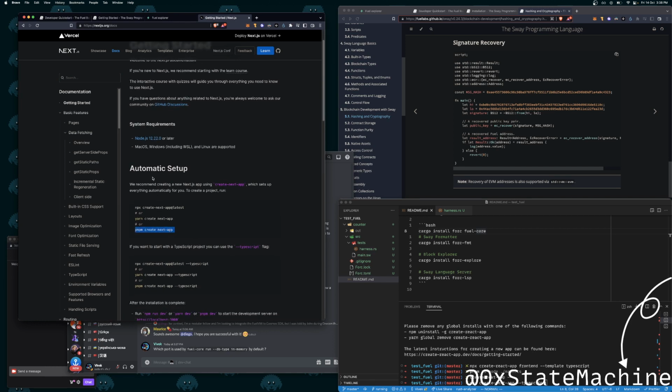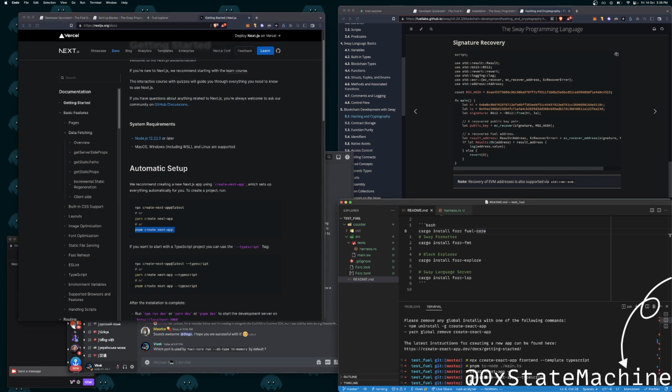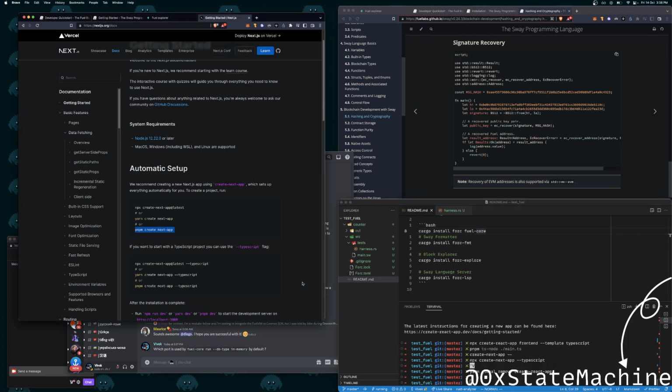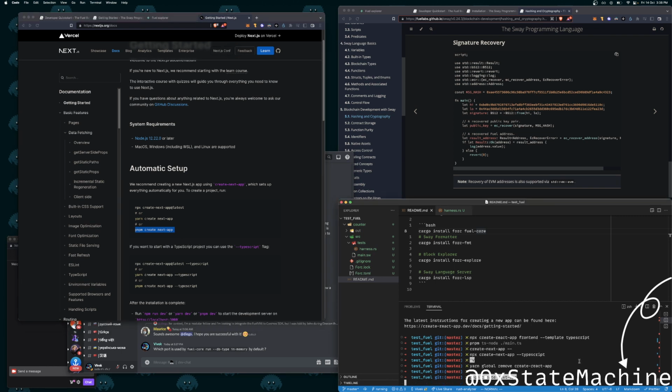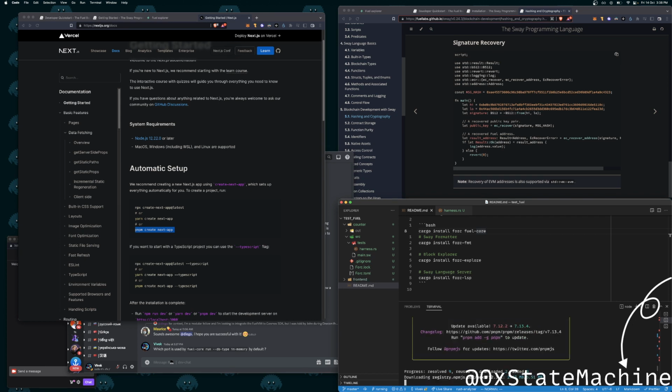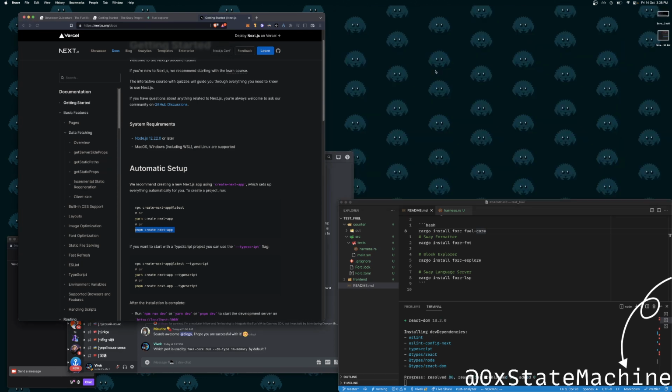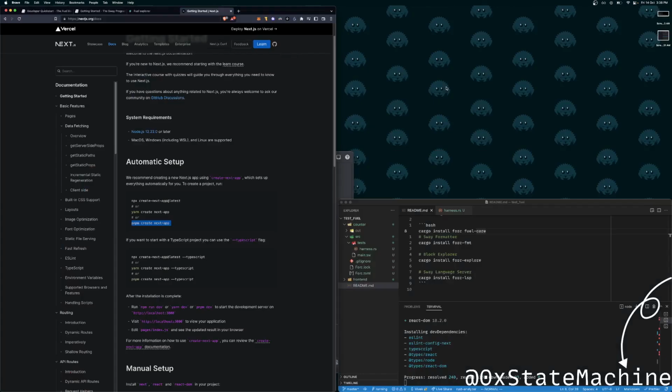Interesting. So we're gonna do pnpm create next app. Can I specify TypeScript? We're gonna call it front end. I'm not using this at all, so let's get some more real estate.